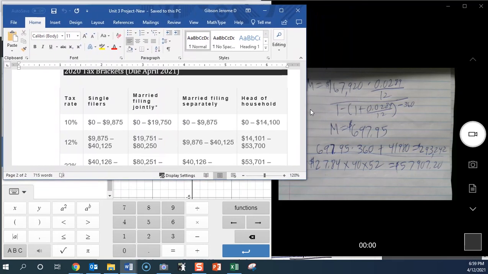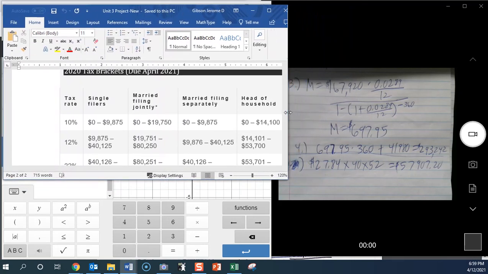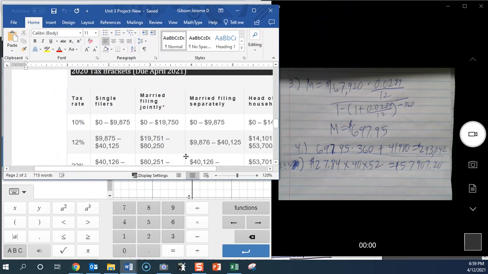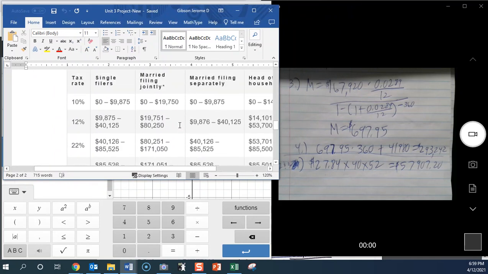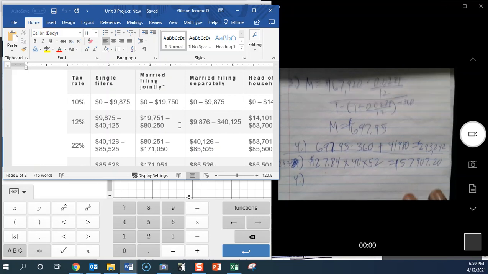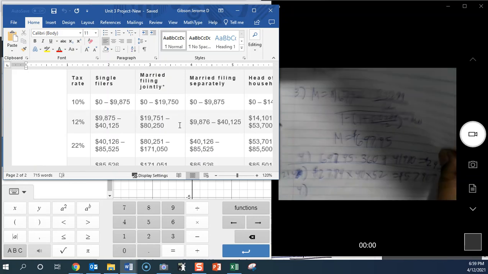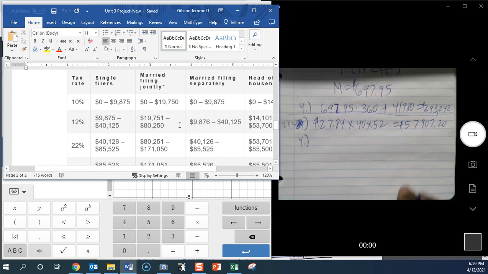Because most of you, I think only one of you went higher than the 12% tax bracket, this would apply to just about all of you. And to everyone else, you could just follow along. This is number 4. Okay, so first of all, it tells you, since this person is doing married filing jointly, the first